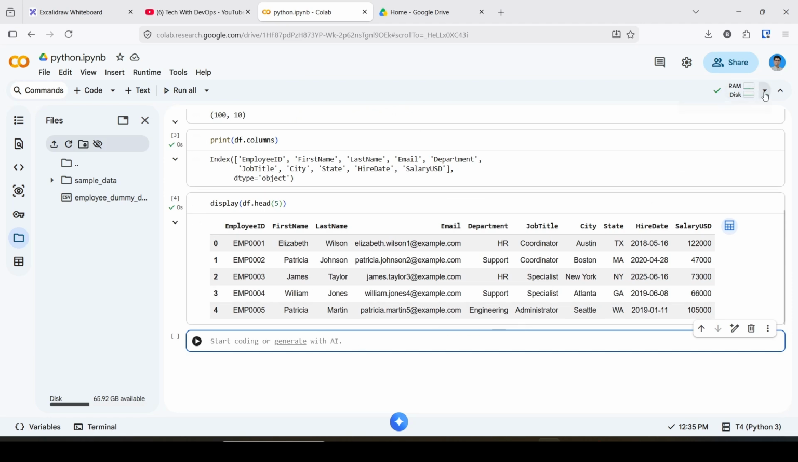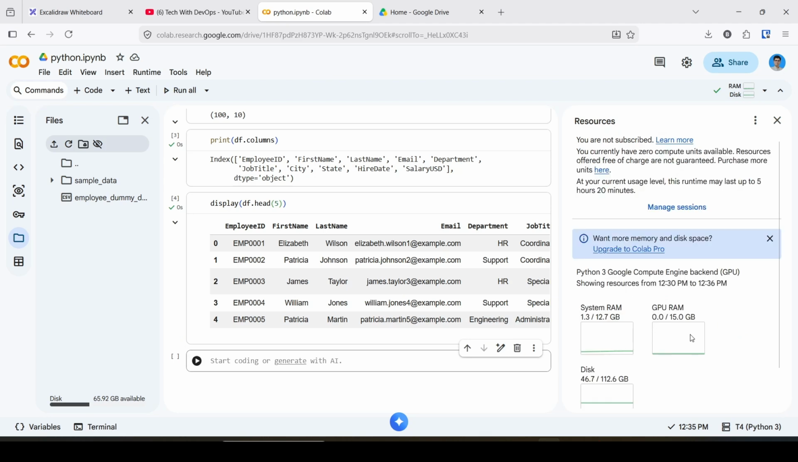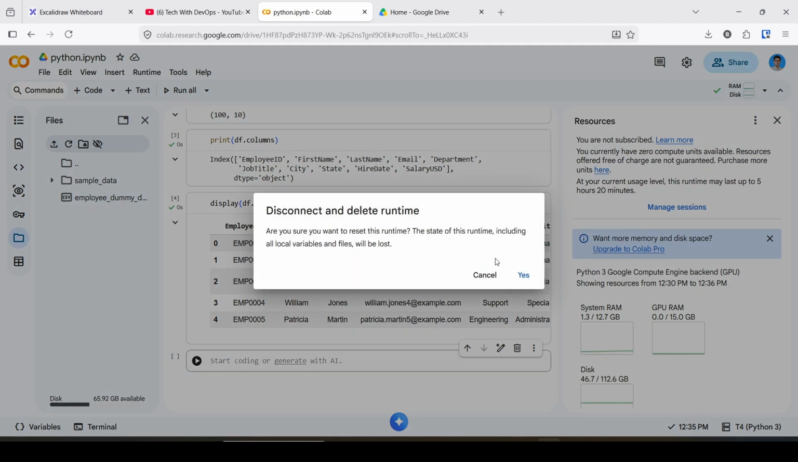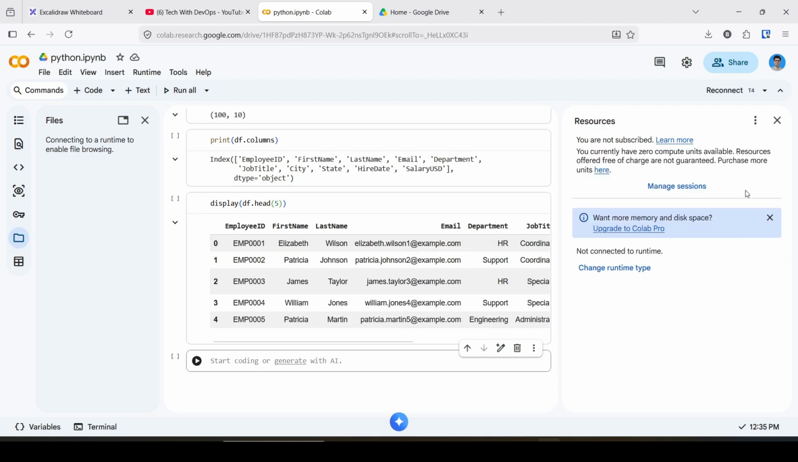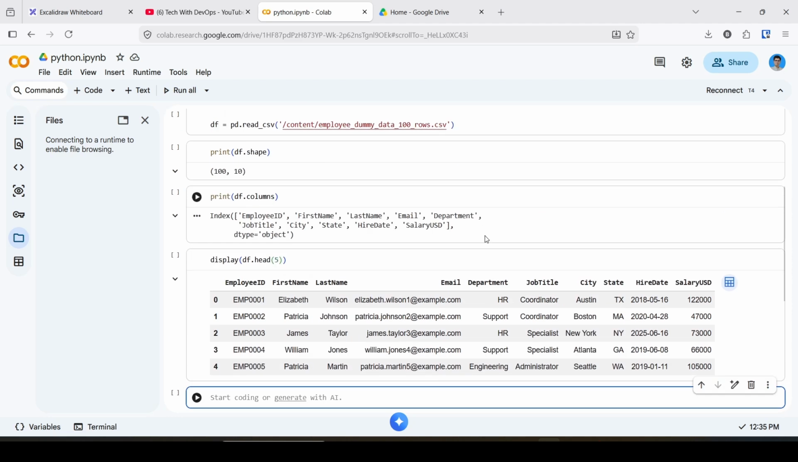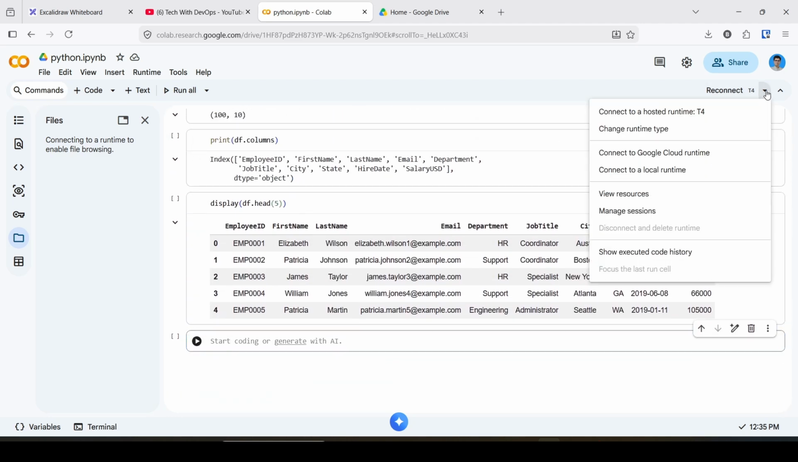It uses a machine with few resources, either CPU or GPU machines. If you want, you can disconnect and delete the runtime, but your code will be saved on Google Drive. Always disconnect the machine after using Google Colab. It is disconnected. And if you want to change the machine type, for example to use CPU only,